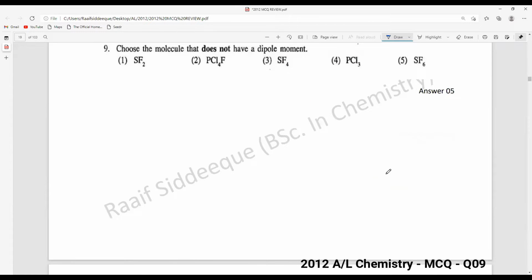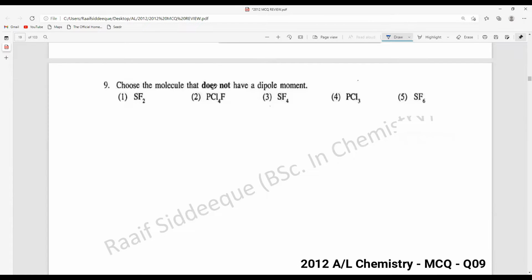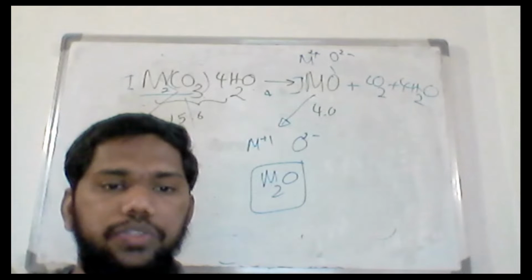Question number 9. Choose the molecule that does not have a dipole moment. So the easiest way to identify dipole moment is you just draw the structures of these compounds. That is the easiest way. So if I again use the board for this,